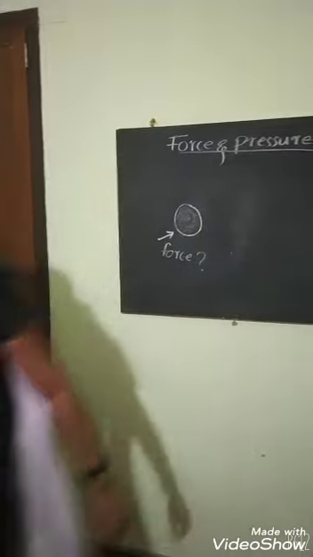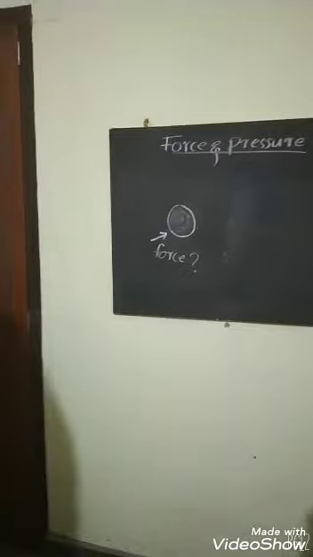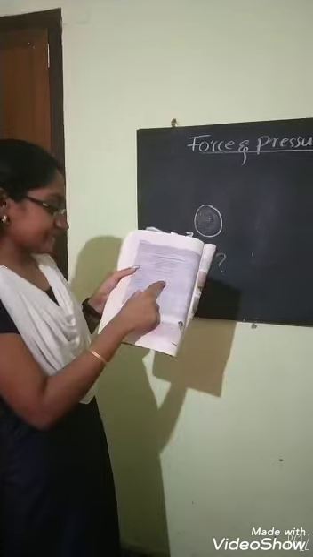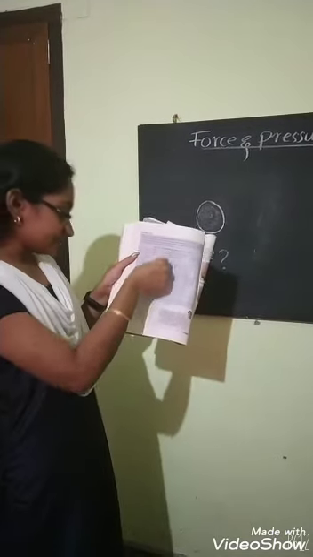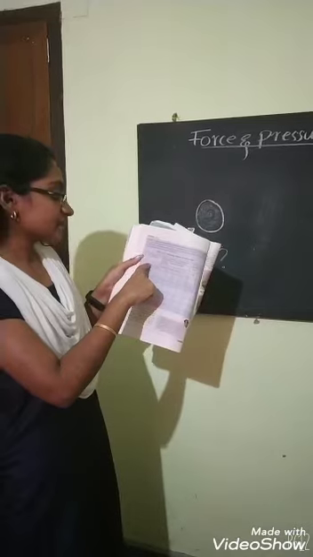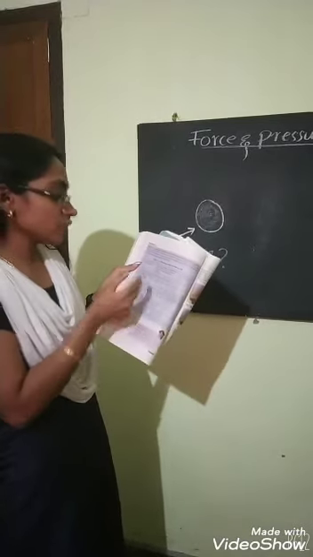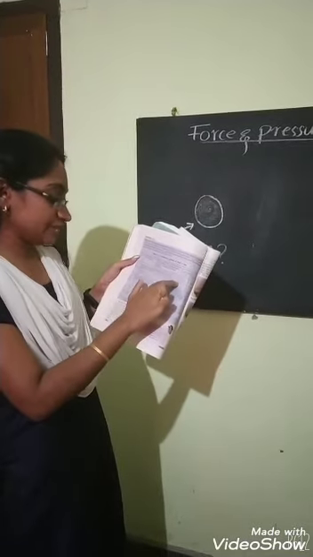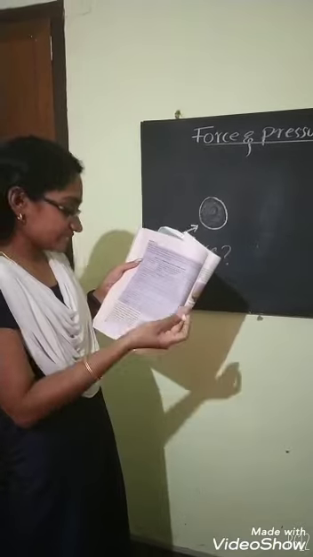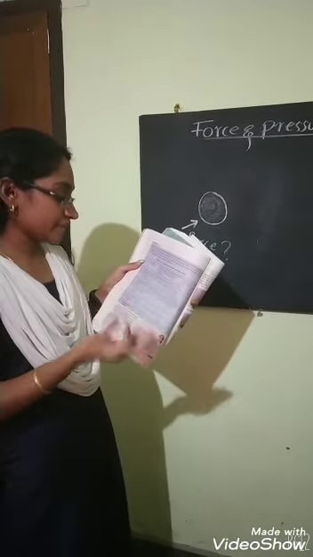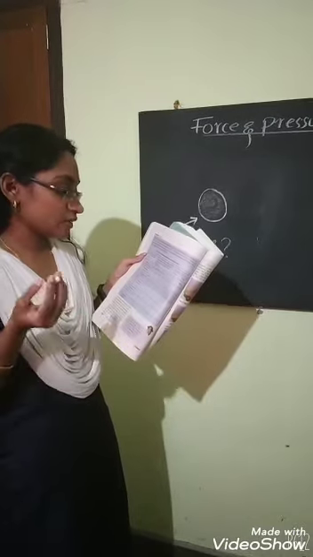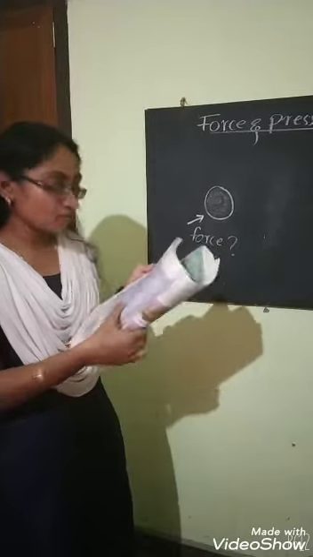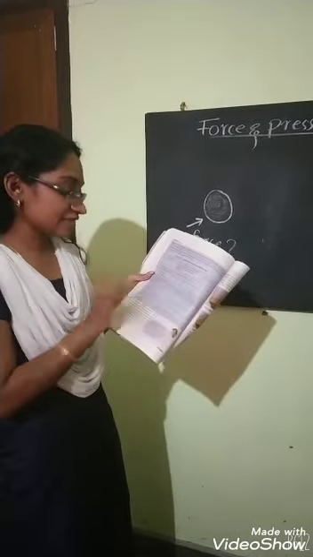First of all, you have to fill a table in your textbook, table number 11.1. You can see here there is a table, and in the second column they have given some situations. You have to fill in what the actions happening in each case are: pushing, pulling, picking, hitting, lifting, lowering, flying, kicking, throwing, shutting, flicking. Just write what is happening here.